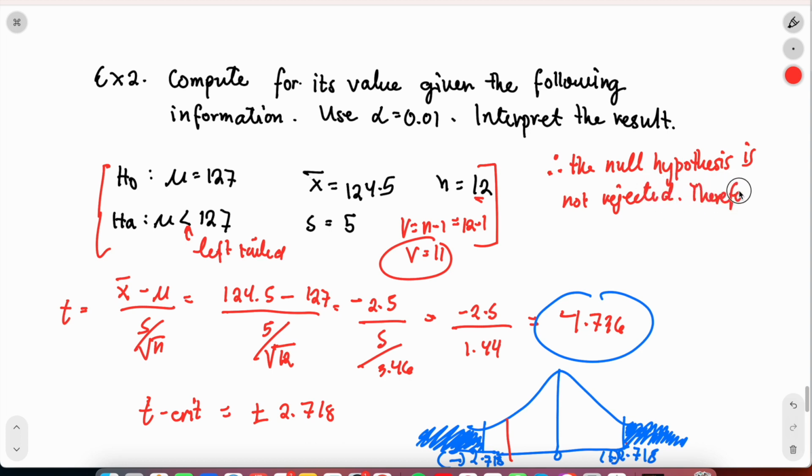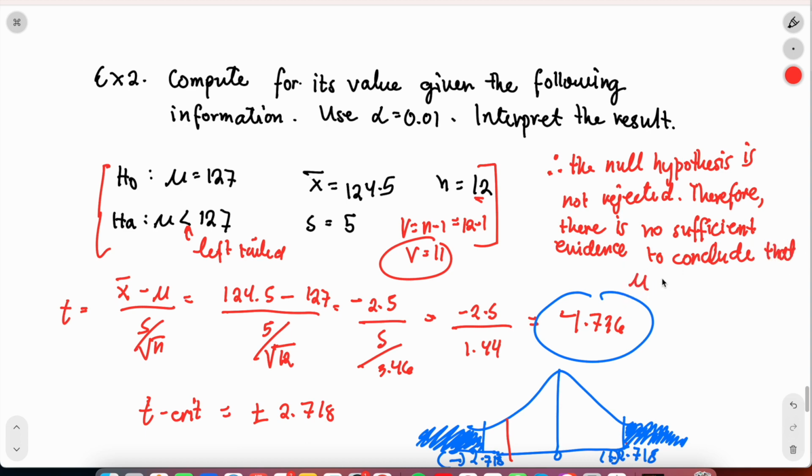Therefore, there is no sufficient evidence to conclude that our sample mean is less than 127. Okay,